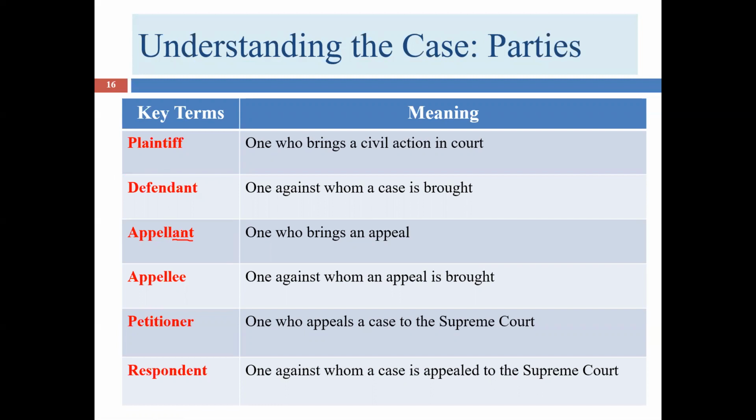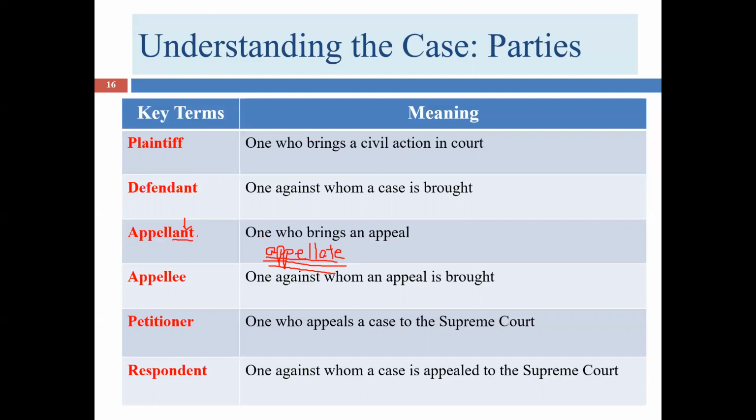Sometimes when we say this in English, we don't really make the N sound, so it can sometimes sound like this word, appellate. When people say appellate, they usually don't emphasize the ate. So appellate and appellant can sound very similar, but they have very different meanings. So it's important to know which one of these words you mean. Appellate refers to the appeals process. It's neutral. It's not on either one of the parties' side. So it's appropriate to talk about an appellate court, or an appellate judge, or an appellate process.